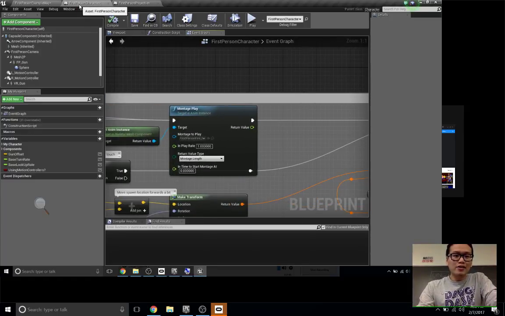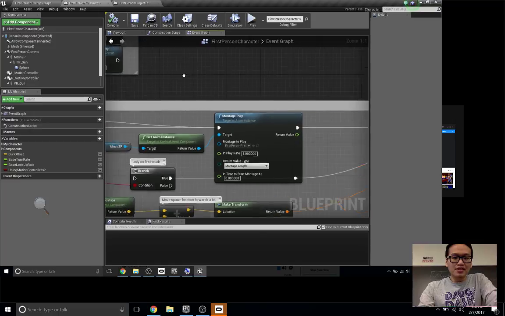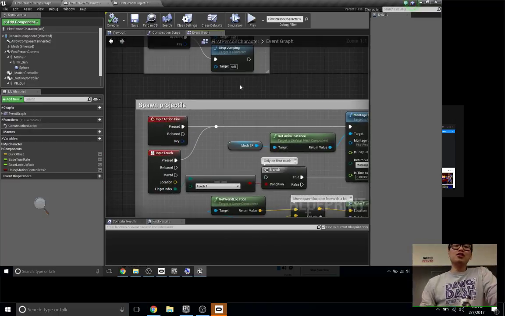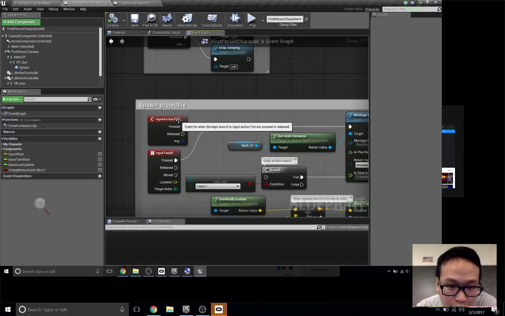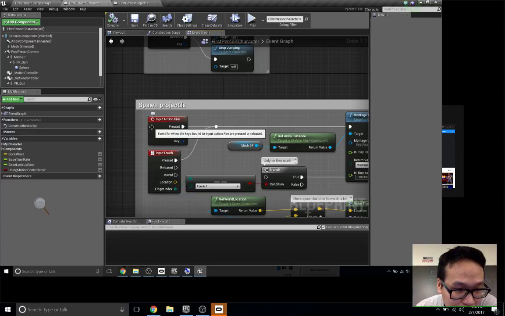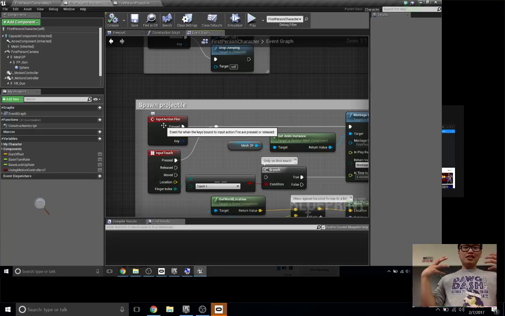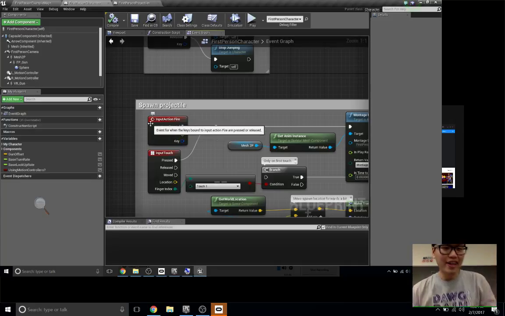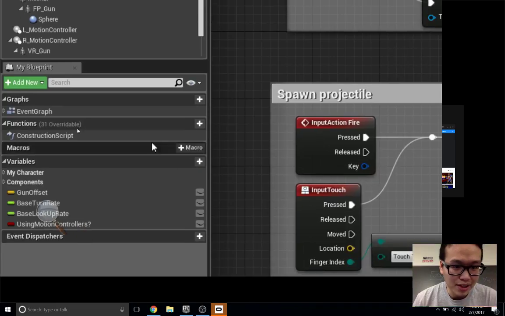So if we go back to the first person character blueprint, what we're gonna do now is put a constraint that you can only fire after 1 second has passed from the previous fire. So for the input fire here, kind of like in code, I can create a new variable in the blueprint.